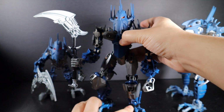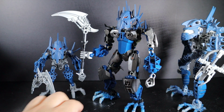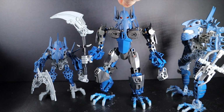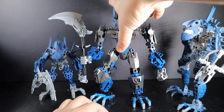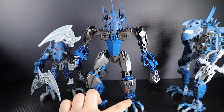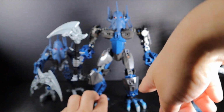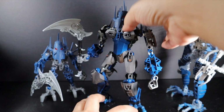Speaking of which, his lower legs, as you can tell, there's a Rakshi lower joint piece and there's a Paraka melee lower arm piece here. And I did that because I wanted to just bulk up the lower half of his body a little bit and put some armor on, make it look a little nice, because I feel like he's a chunky guy. Yeah, and I used these Breakout Hero Factory armor shell pieces just to cover up some more of those ball joints, and also on top of that bulk him up a little bit and add more armor